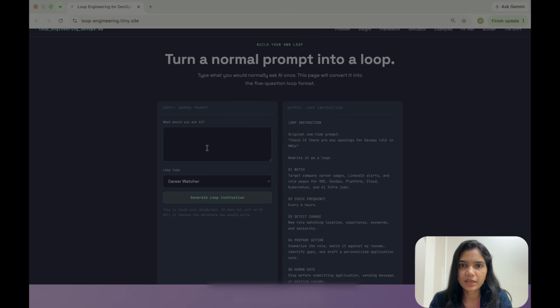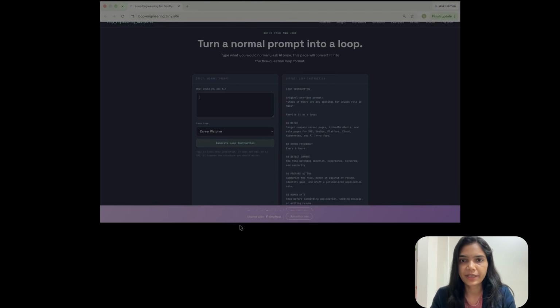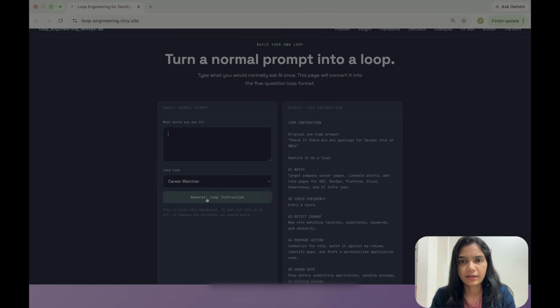So what you do is like every day you wake up and then you ask AI what are the positions open matching your role, and then it lists down all the positions from the past history and current as well. But out of those 50 listed jobs, you might have already applied to some of them, but AI does not remember that, and that's where the AI loop comes into the picture. So we will quickly see that if we give a basic prompt here, how it converts that to the loop.